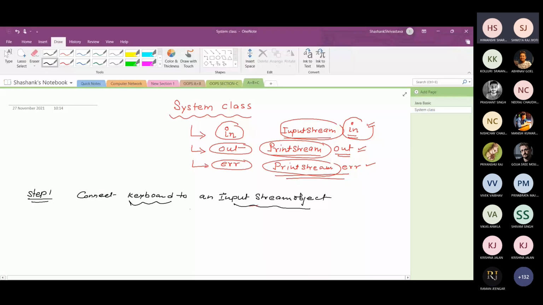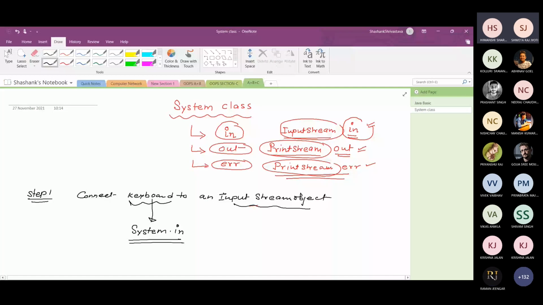Okay. Achha, what is the keyboard? Basically, keyboard is System.in. If I write System.in, System is a class, in is a variable.